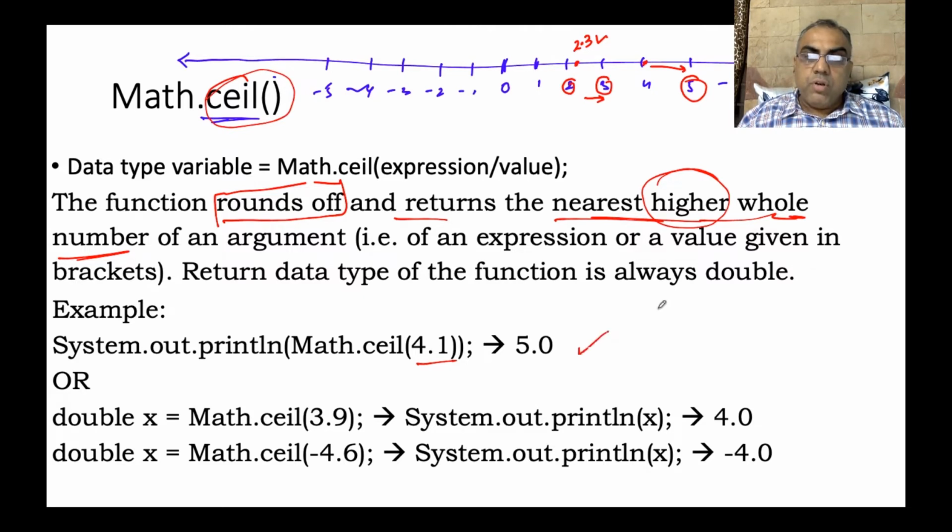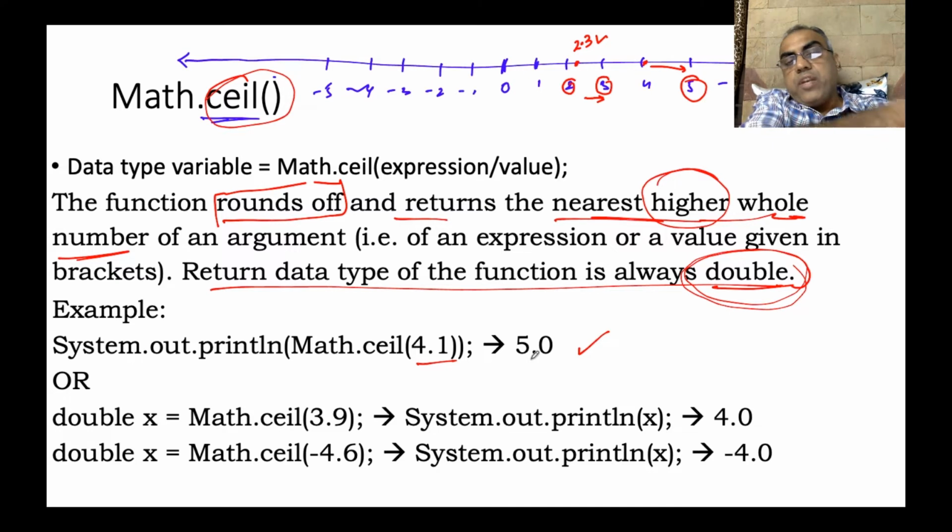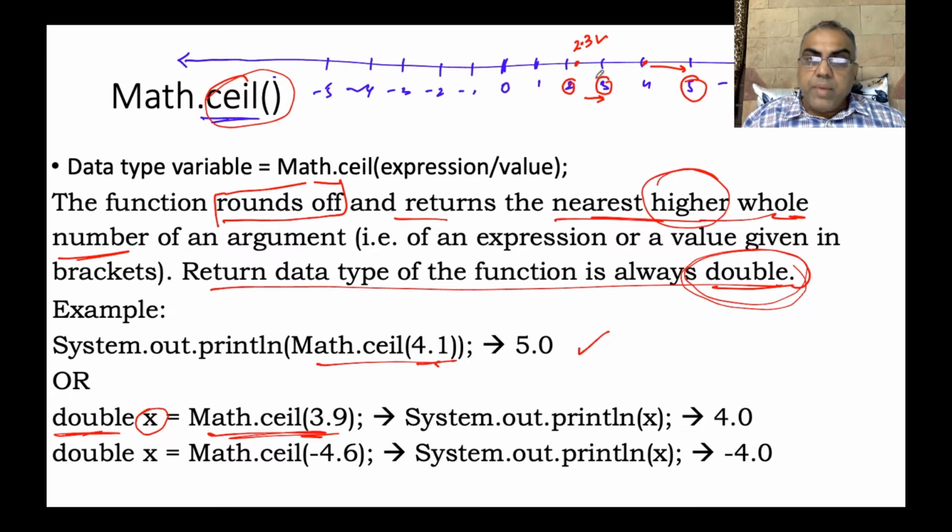Now again, ceil is going to return you data of double type only. So even if the number is a kind of an integer, a nearest whole number, the value will always be in decimal. So I can either print it like this, or if I'm storing a value, then the storing variable should be of data type double. So for 3.9, if my pointer is somewhere here, still my nearest higher value is 4.0. But when it comes to negative, say minus 4.6,